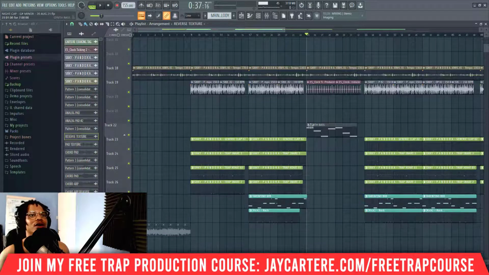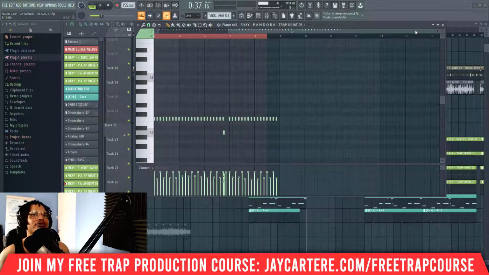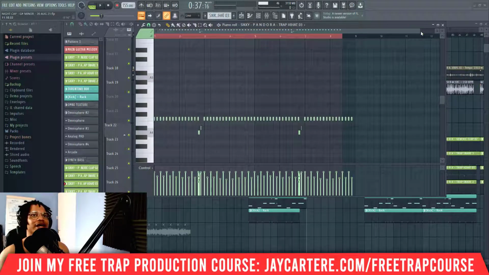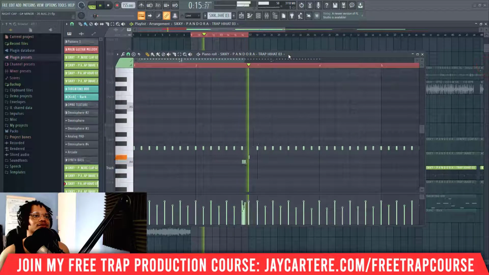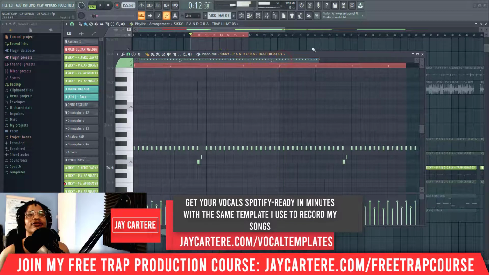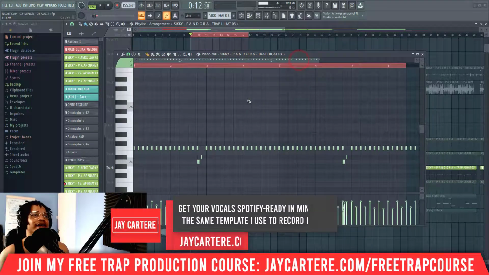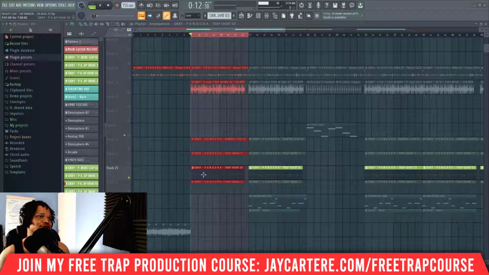So the drums are as follows. We got the clap on the 3. We got a snare on the 3. I could play these back if you really want to, but you know what they are. They're clap and snares, yeah? Then we got the hi-hat, and every other hi-hat is turned down like this. Let's loop this. Very simple hi-hat roll. I didn't really do much here, just kept it very simple,